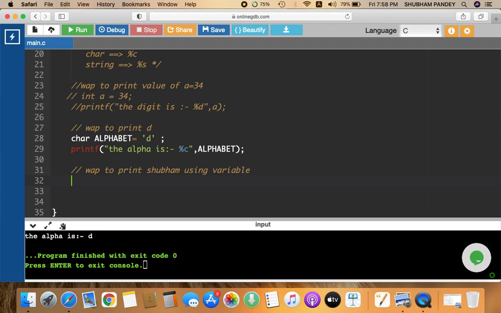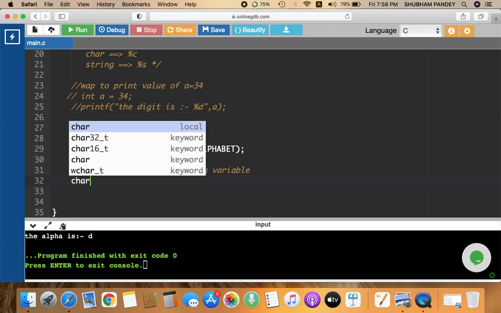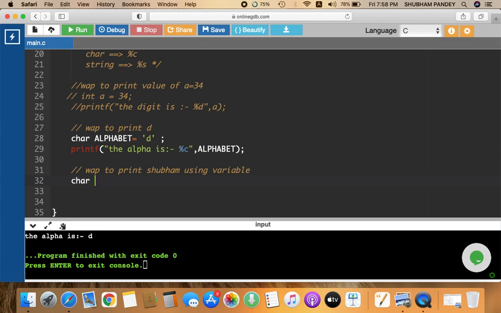If you write char here, I am showing you an error: name is equal to Shubham.